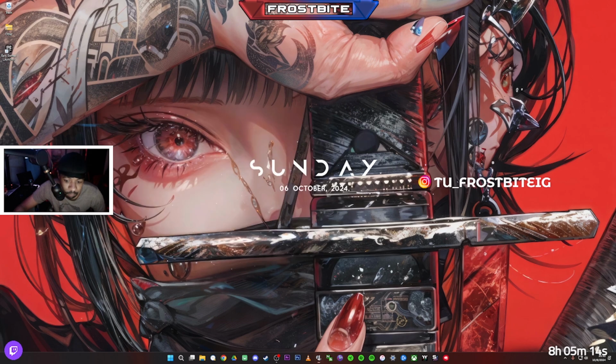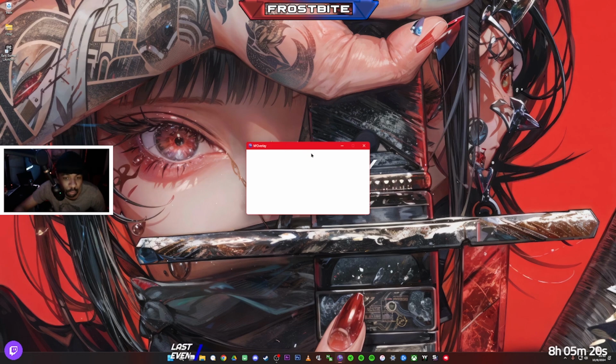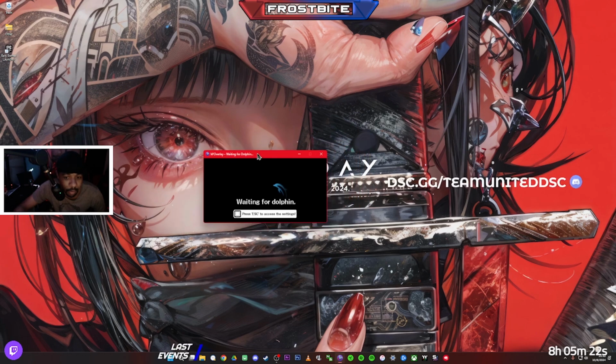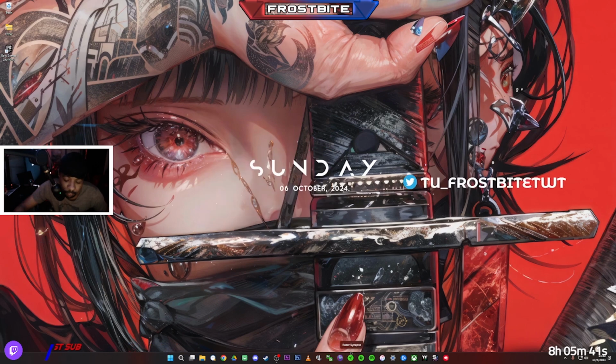We'll move on. Next we have M Overlay. M Overlay is the same thing as the Noah Board, but it's for Smash. So it lets me put my melee inputs into my stream so you guys can see what I'm pushing. If I started up Dolphin right now, it would just load up, but it's waiting for Dolphin because it has to connect. Next we have my